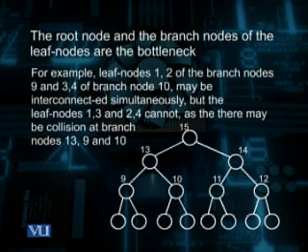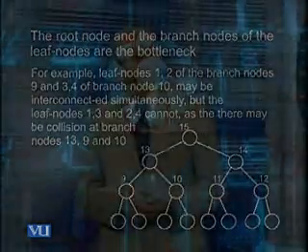They may be interconnected simultaneously, but the leaf node 1, 3 and the leaf node 2, 4 cannot be connected because the possibility of having a collision at the branch nodes number 13, number 9 and number 10 will become definite over here. However, in order to avoid this